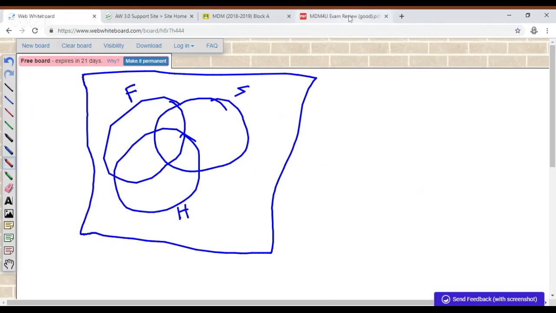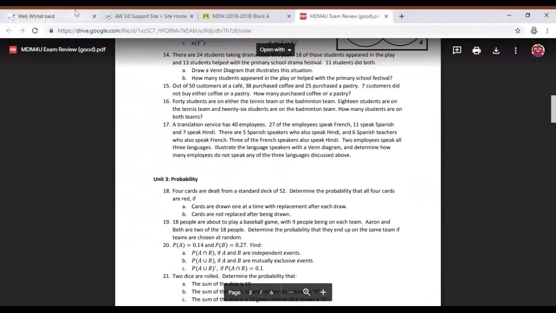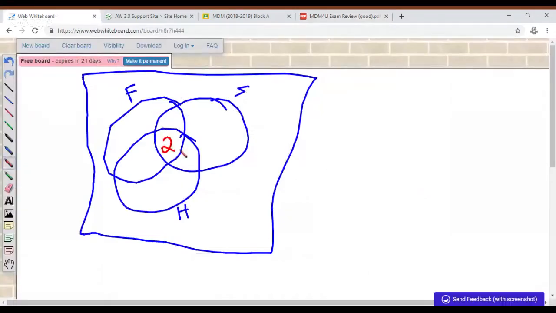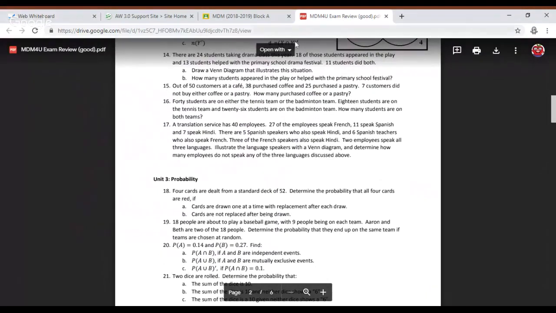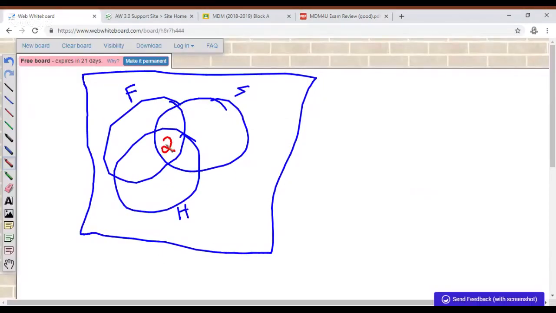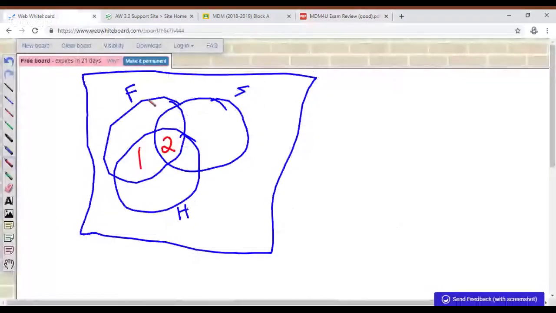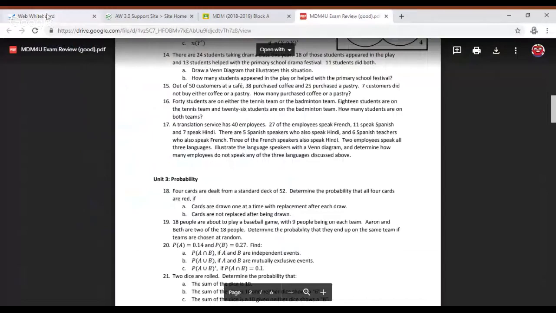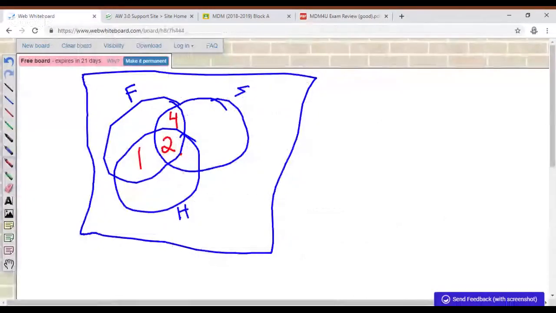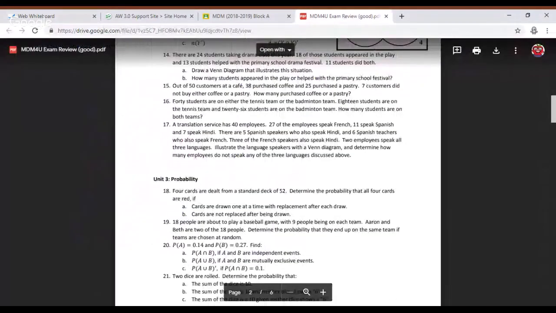And the only number we can write straight away is that there are 2 employees who speak all 3 languages. So 2 employees speak all 3. And then we basically work backwards. So 3 people are French and Hindi speakers. So I've already counted 2, so there's 1 more person. Then there are 6 Spanish speakers who also speak French. So these Spanish speakers speak French, but there's 4 more for a total of 6 Spanish-French. Then working backwards, 5 Spanish speakers who speak Hindi. So right now I have 2 of them, so I need 3 more. And then as I keep going backwards, so in total,